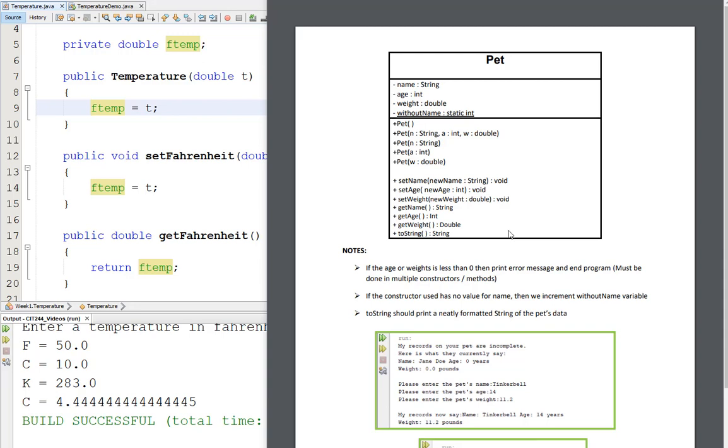This is going to be a rather lengthy video, but it's going to be very useful for understanding UMLs and adding a couple of new elements to our code, such as constraints using classes and static variables. We'll implement in this one, but we will see it in the next video, I believe. So the first thing before we dive into the pet UML, which you can find the resources for on Blackboard,